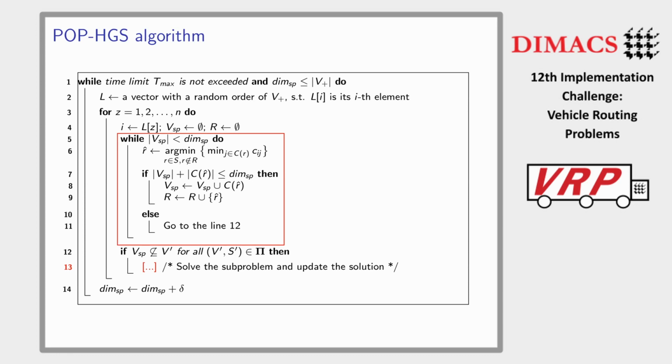So when the target dimension is violated, the sub-problem is done, and we can go to line 12 to test if this sub-problem is a new one and is not a subset of a previous sub-problem. If the sub-problem is good to explore, then we solve the sub-problem and update the solution if necessary in line 13. This line 13 is in fact